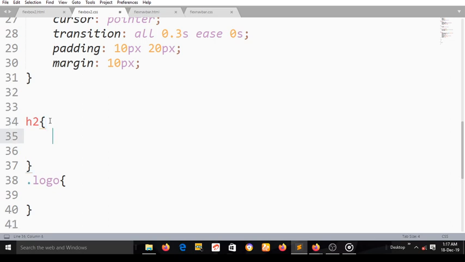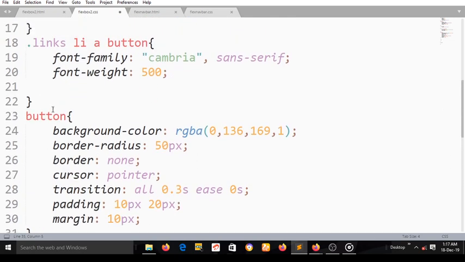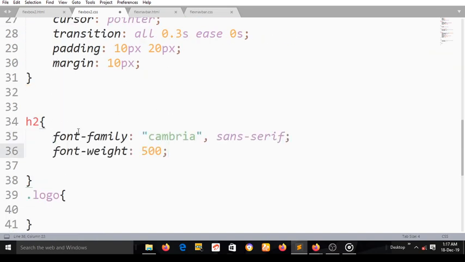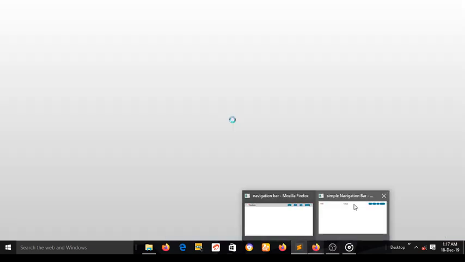I want to style it up a bit, so I'll give it a font family same as this, and also I'll give it a font weight. So I'll copy that and I'll paste it here. I'm going to increase the font weight to 800, and now take note of this. Now when I save and reload,